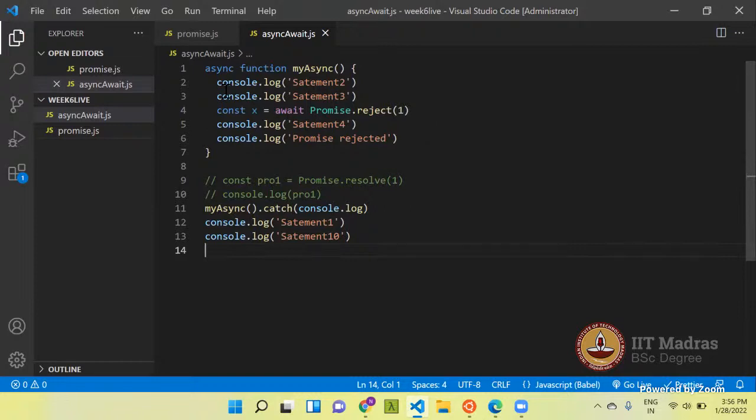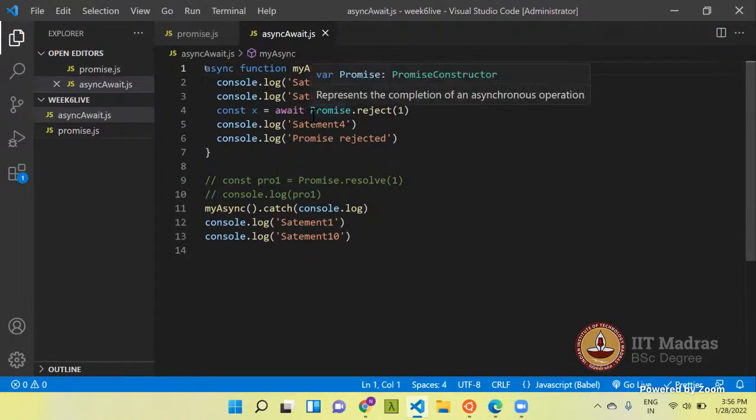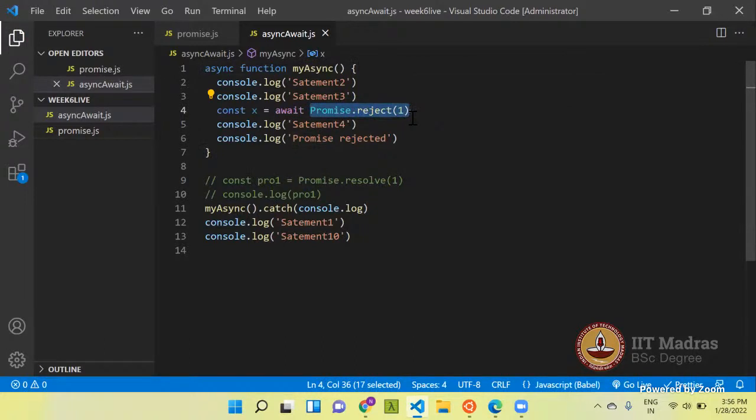Now let's make some changes. What happens if, instead of using promise.reject or promise.resolve, I create a new promise which waits for some time, using setTimeout.